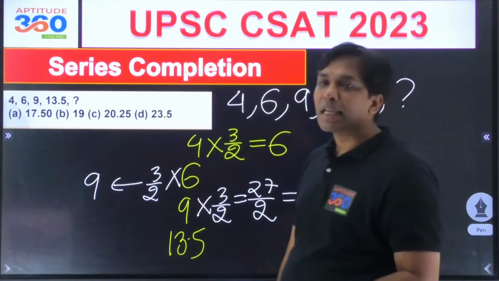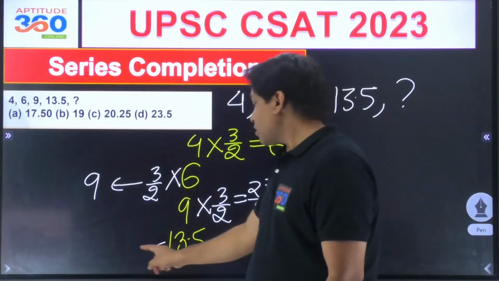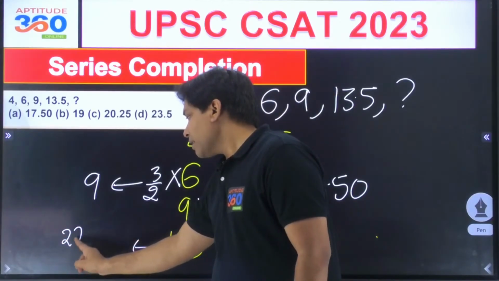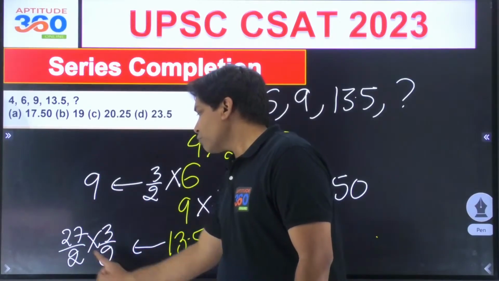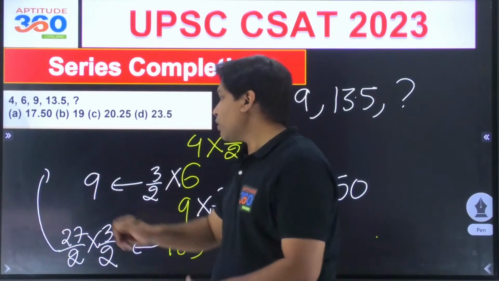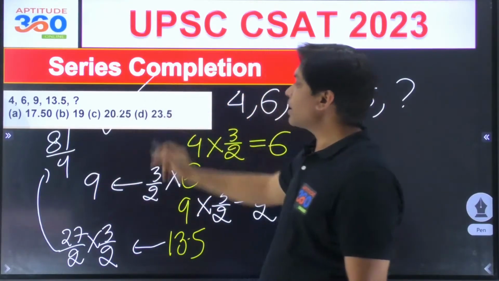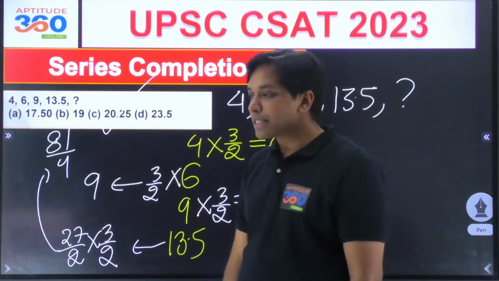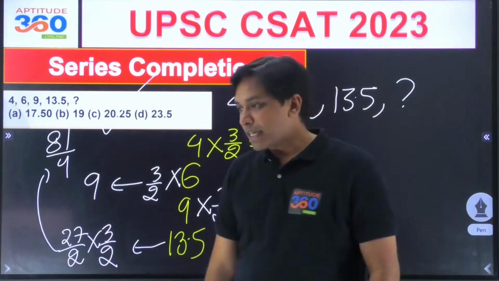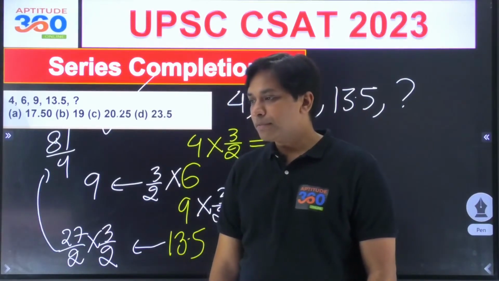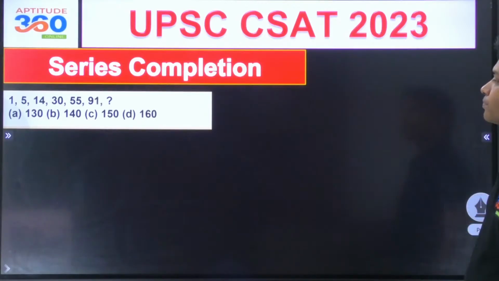So what are we doing? We are multiplying all the terms by 1.5. So this term, which is 27 by 2, should be multiplied with 3 by 2. And if you do so, what will you be getting? 81 by 4. And 81 by 4, if you simplify, this is coming out as option number C. So Divya and Shivam, you guys have got the right answer. Vishal, how about you? What happened? Is this okay?